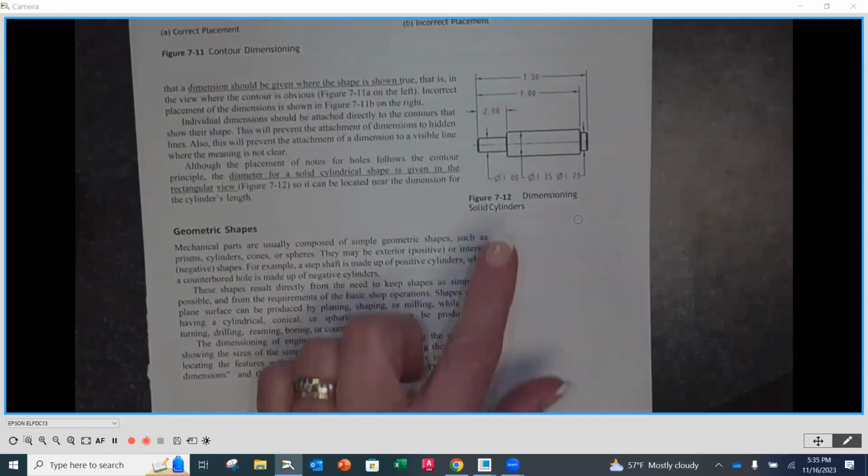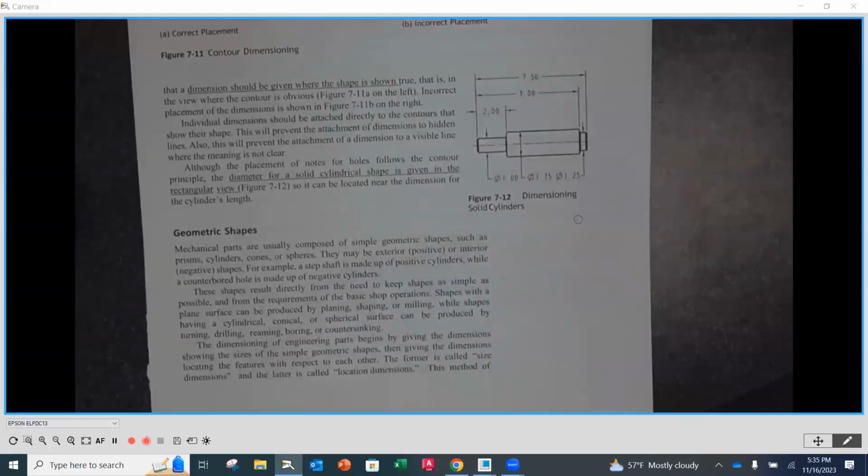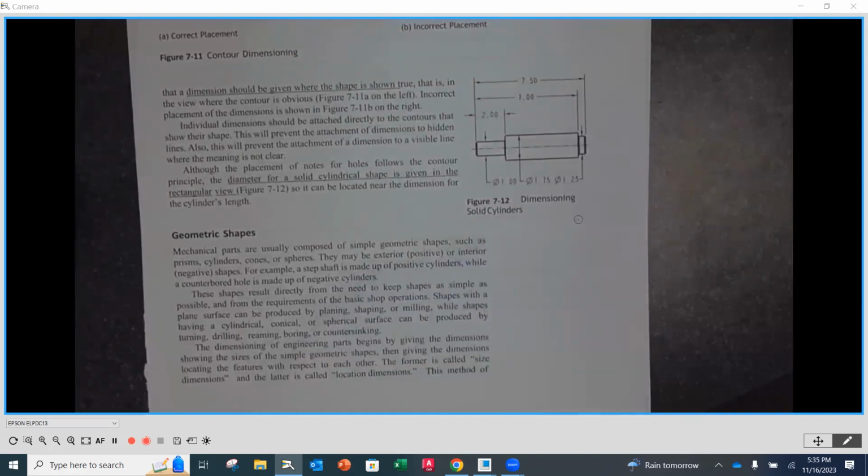What's the problem here? And online, you guys can chat too. I'm kind of watching the chat here, so feel free to chime in. What's wrong with figure 7.12, the dimensioning of solid cylinders? Go ahead, Josh. You're showing a dimension for a diameter on the side view instead of looking at